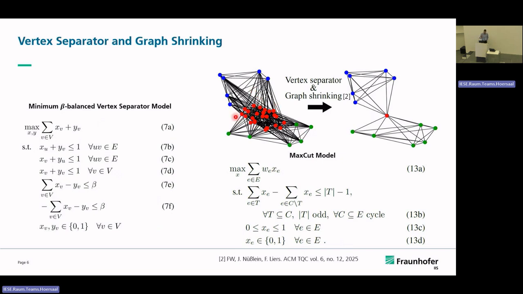We pre-compute this. And then we apply this graph shrinking technique that allows us to replace a given subset of vertices, in this case the red cloud, by a given smaller number, in this case just one, okay? What we do behind the scenes is that we solve a linear relaxation of max cut and use it to do some intelligent rounding procedure, and that's more or less it. I don't want to go too much into details of how this works. The point here is that we use linear